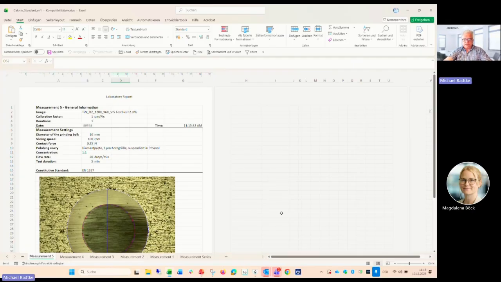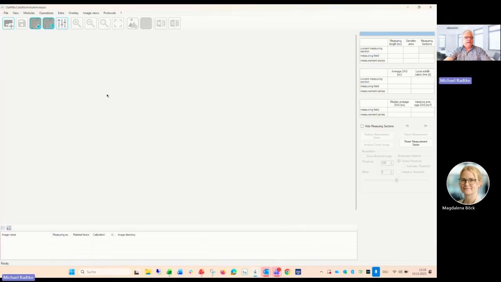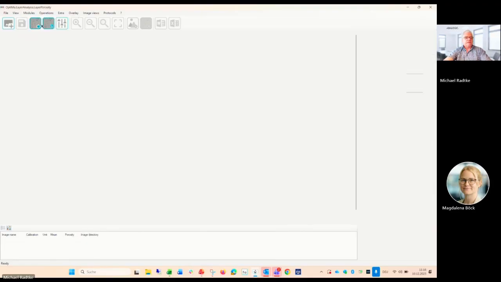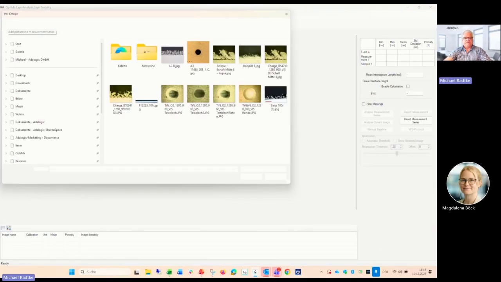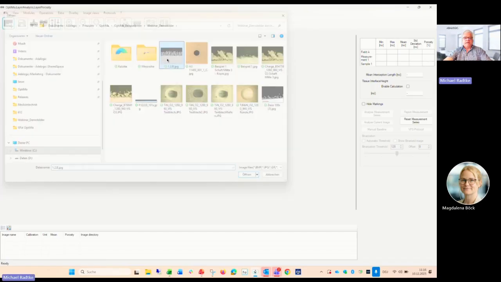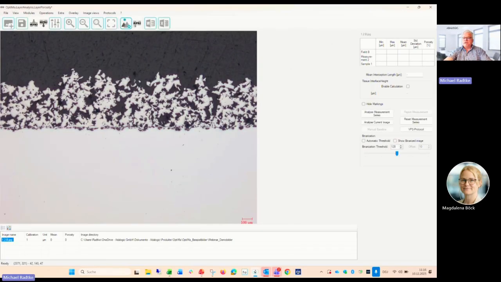I think that's it from the calotte grinding. Now just let's have a short look into the porosity module. You can choose it here. Then again, we can add one picture. Then we include the tissue interface height with one click. And now we can analyze